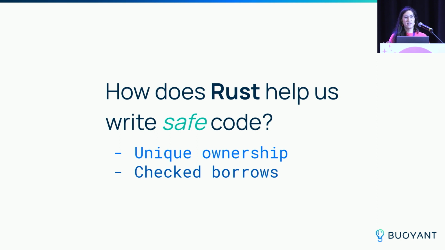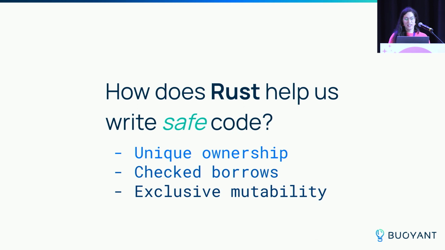If you want to access a piece of data in your program that you don't own, there's this concept of checked borrows, where you can borrow it, but there are a lot of rules in place to make sure that if you're borrowing data, it's not going to change out from under you. This is accomplished with the idea of exclusive mutability, which is that if you want to change a piece of data in Rust, you need to be the sole piece of code that has access to that data at that time. So you're never going to change data out from under someone else while they're reading it. Let's look at some code examples, because this is a little bit abstract.